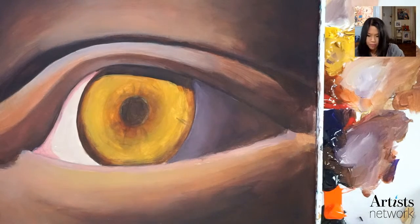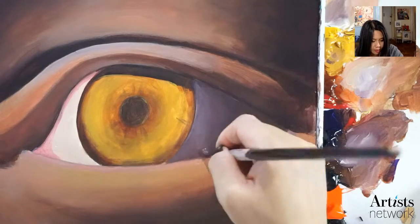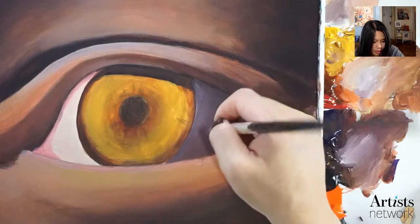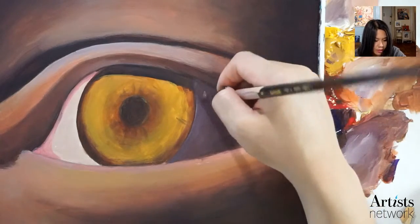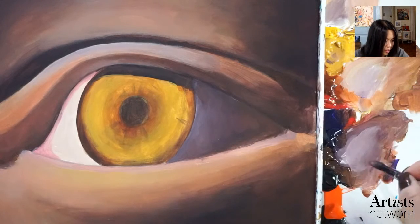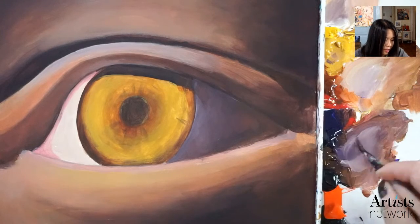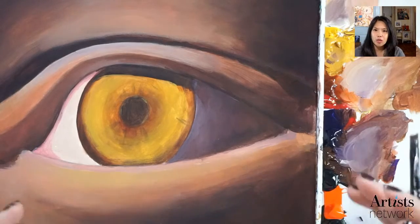Take a little bit more of my medium. And I think out of a lot of my classes, I really have used medium more in this than I have in my other classes because it's sort of an anatomy painting in a lot of ways. I mean, not exactly, obviously, but we're more focusing on layering things up to kind of create a certain